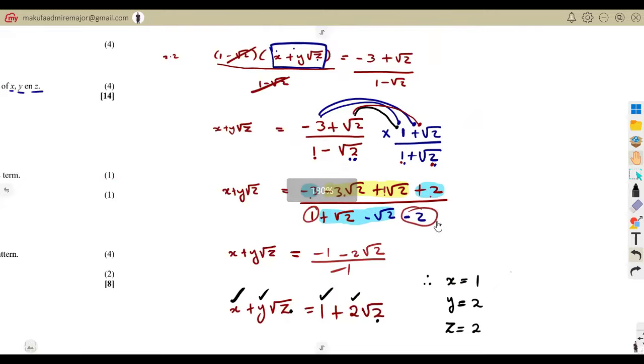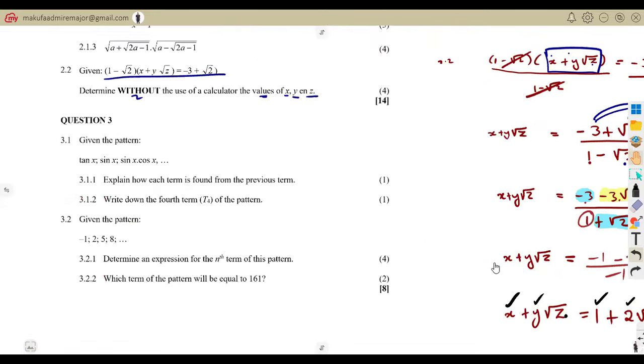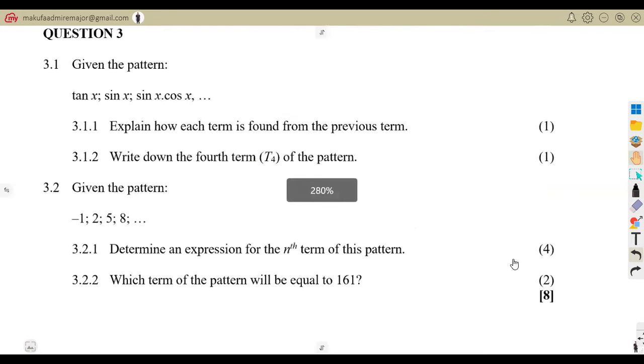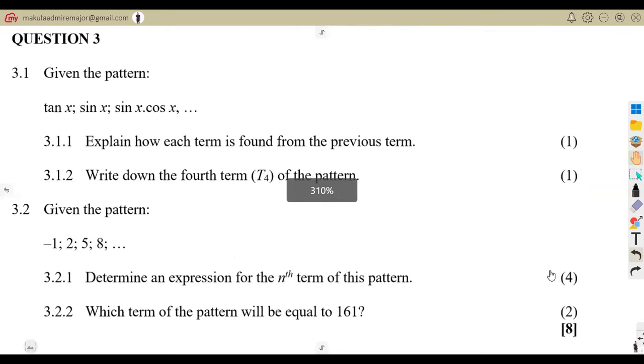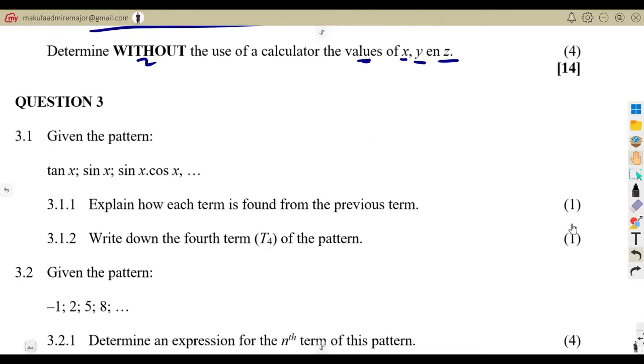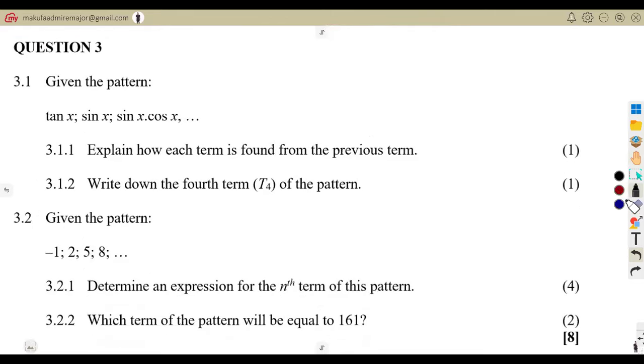So exam, guys, exam is not an exercise. They are testing you from everything that you have learned. They want you to use the information, gather that information that you have done before, all of it. Answer these questions. All right, let's consider question number 3, where we are given